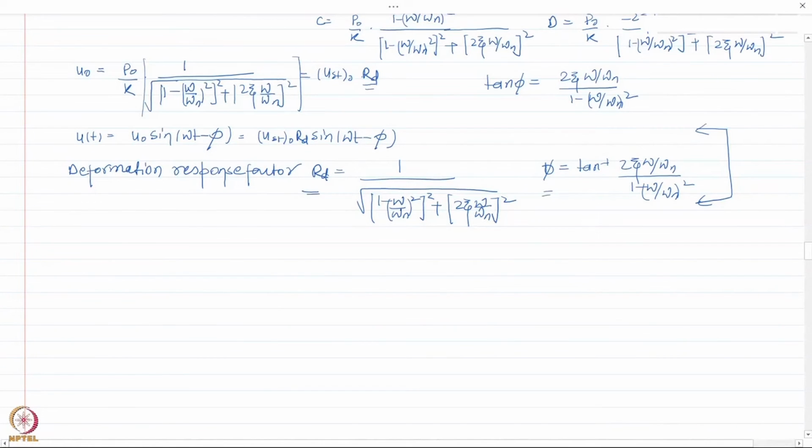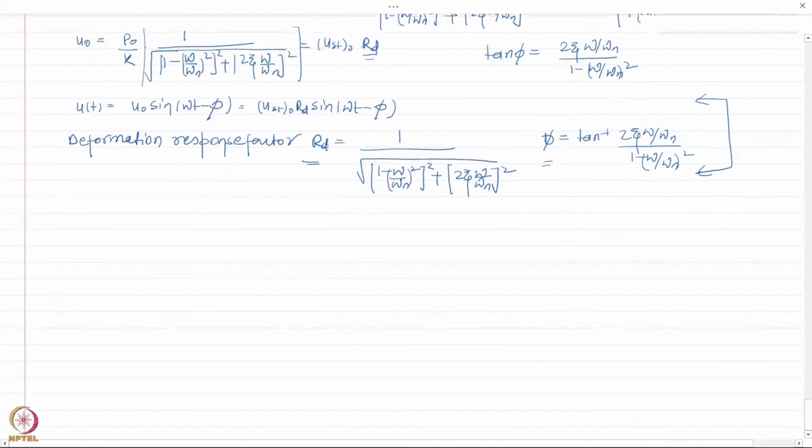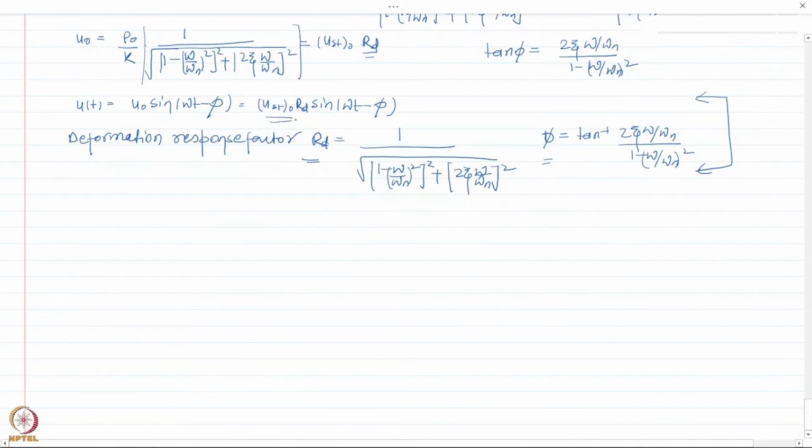Now let us see what they mean. As we have previously discussed, Rd is basically the ratio of the dynamic amplitude to the static amplitude, and represents the effect of the dynamic behavior of the system on the response of the single degree of freedom system. And the phase angle, which is also called phase lag, represents, with respect to the applied force, which in this case is p(t),